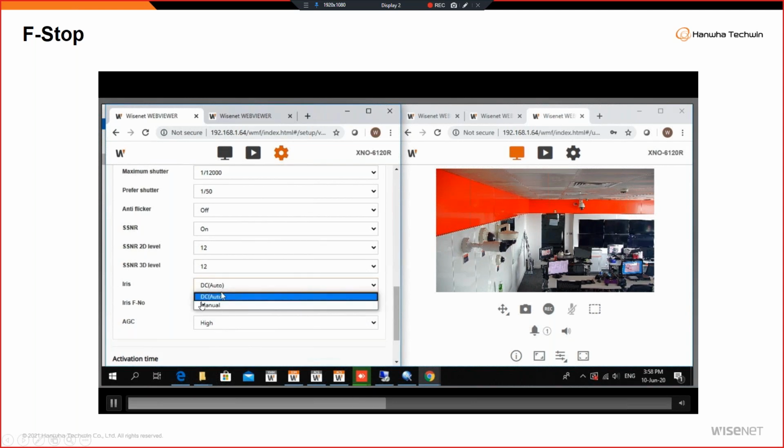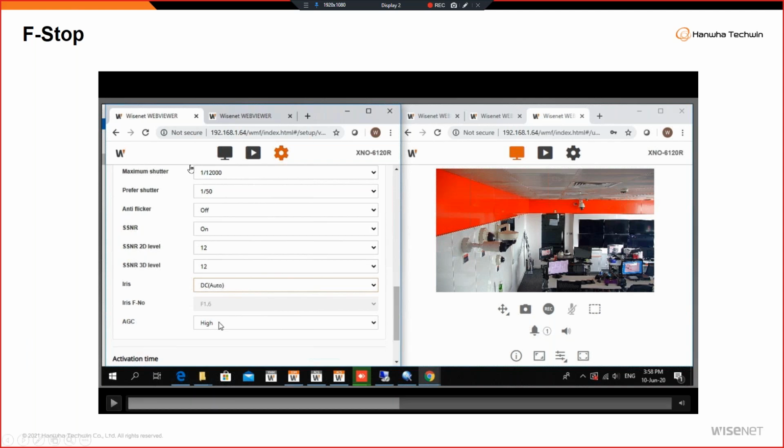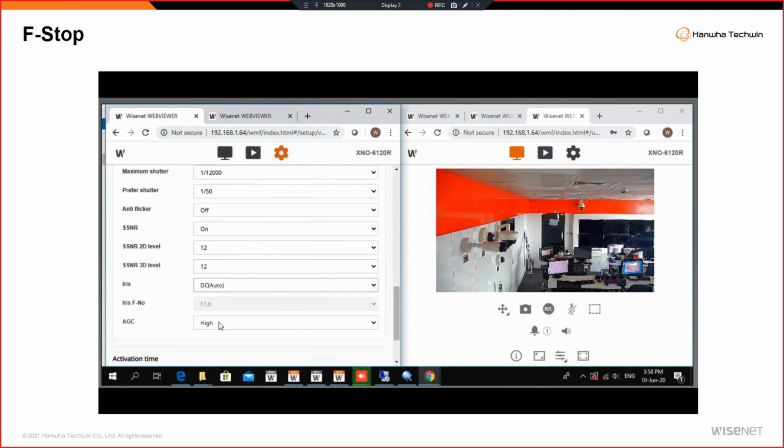I'm changing it to manual. Okay, what is f-stop? You know the opening and closing of the eye of the camera. It's called the iris. It is done automatically. Most of the time, 100% of the time, it is done automatically. That's why it's called auto iris, because there is a motor, called a DC motor, direct current